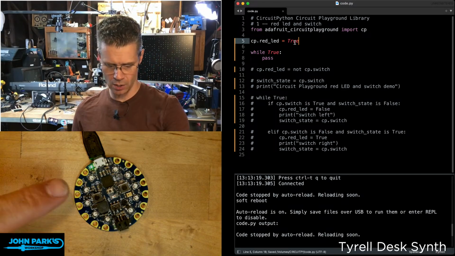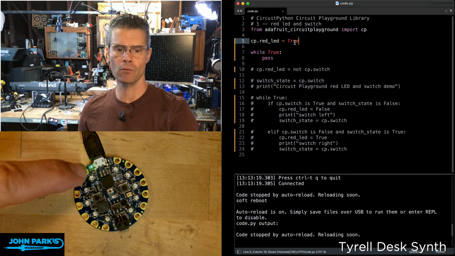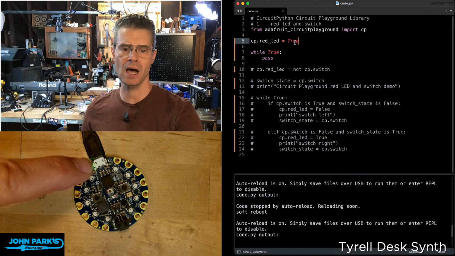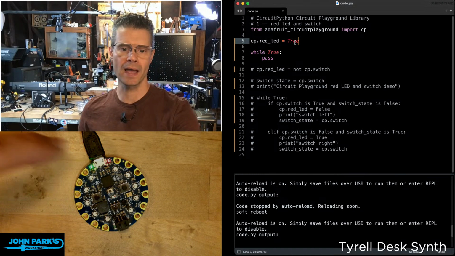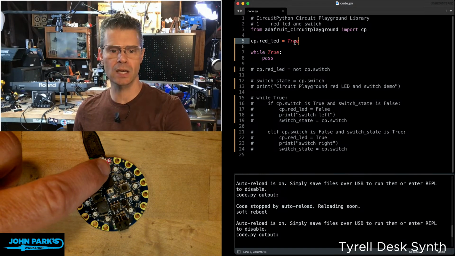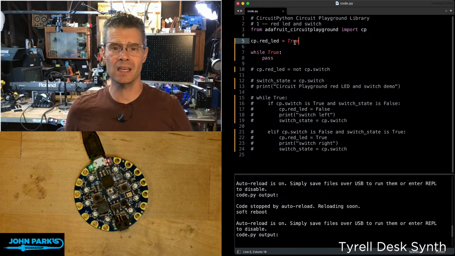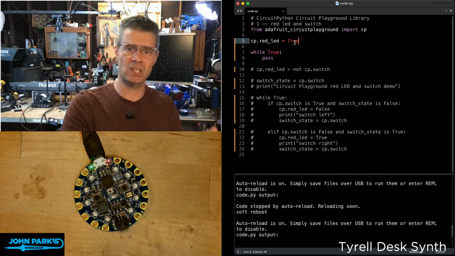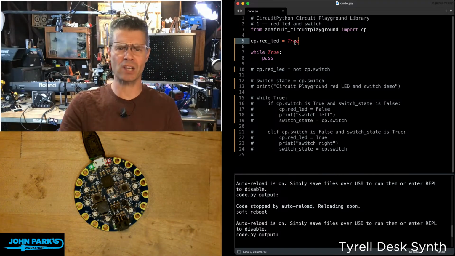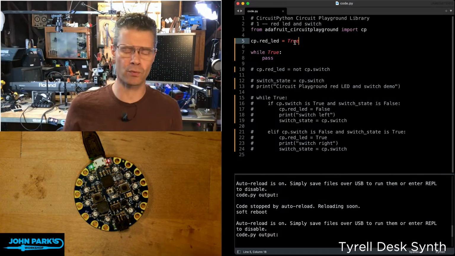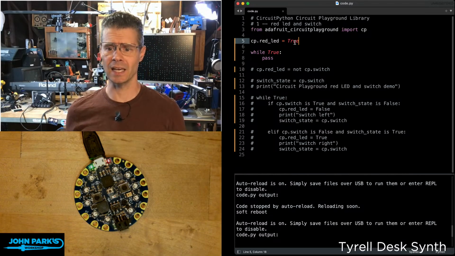And what you'll see here is when this reloads, the little red indicator LED up at the top is going to light up red. So you can see that little LED just lit up there. And that is as easy as it gets. You see, I didn't have to declare a pin to be a digital input-output, set its direction, then set the value. It's usually about 3 lines to get that LED lit.